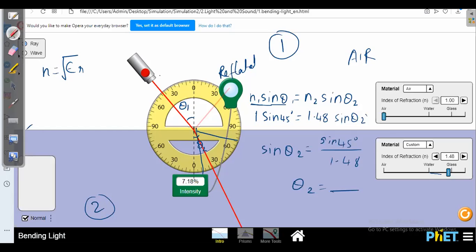28.54. Okay. Now I will verify whether that is correct or not, because I have the tools here. I will verify now. Okay, so yes, sir. 0 is here, 30 is here, 20 is here, 25 is here.